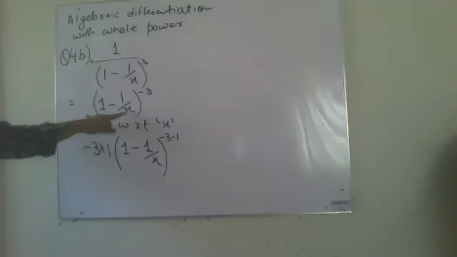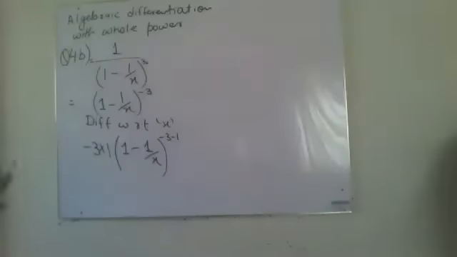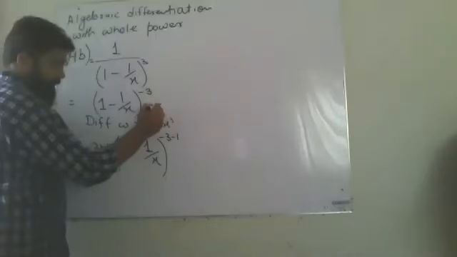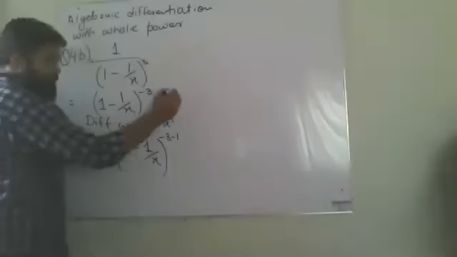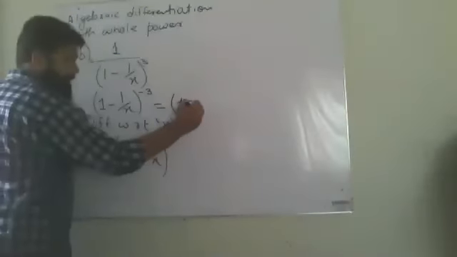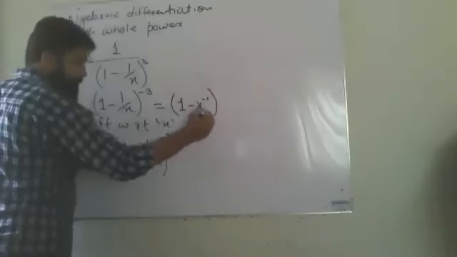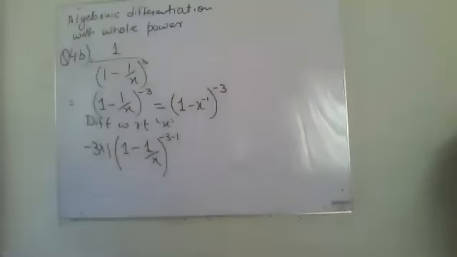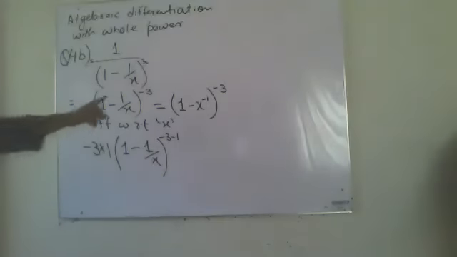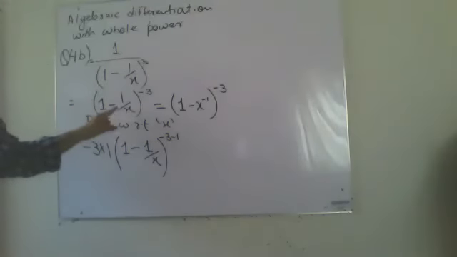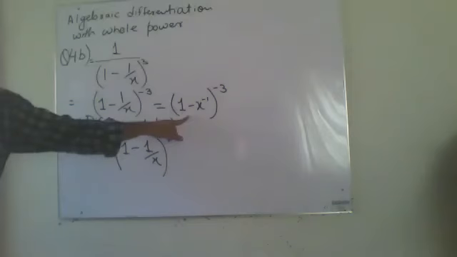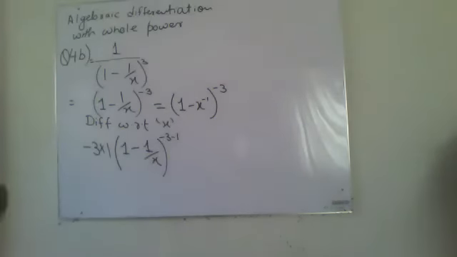Now, inside the bracket, I am also seeing a fraction over here. So I am trying to change it. This thing can also be written like this: 1 minus x inverse, power minus 3. Just to make my differentiation easy. Otherwise, if I'm going to differentiate this thing, I have to write it over here like this. Otherwise, I will not be able to differentiate because we haven't learned any other method till now.